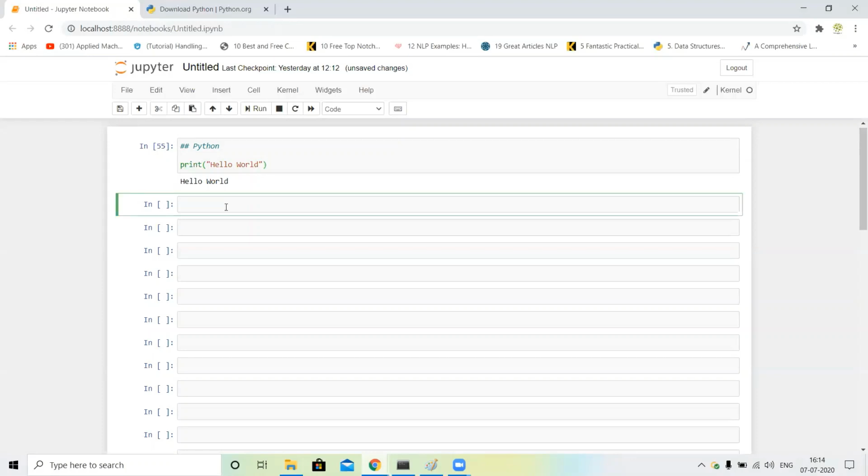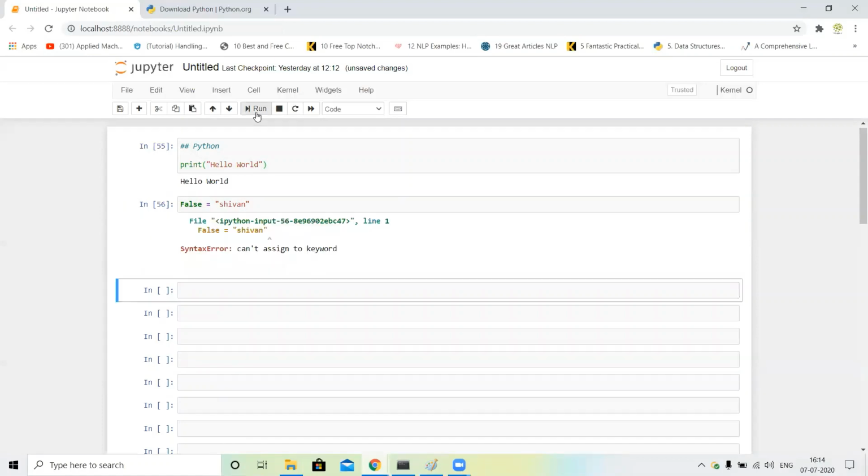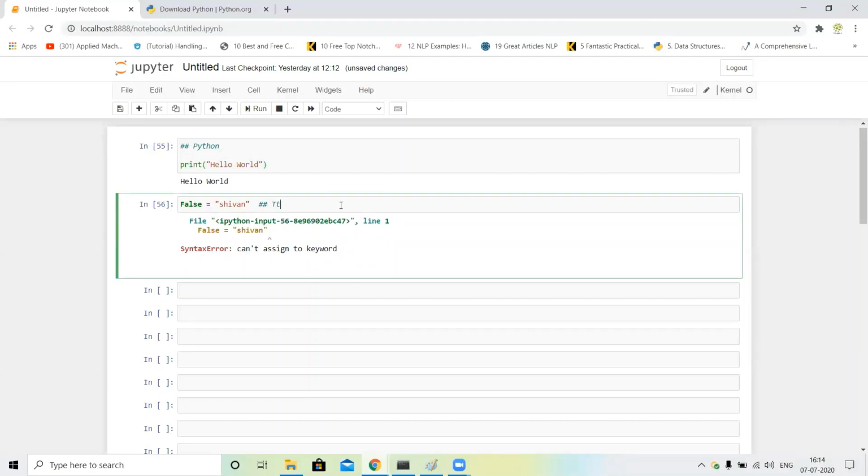For example, false is a keyword, but when assigned as a variable, like false is equal to 7, you just click on the run button. You can see it's an error. What error? Syntax error: cannot assign to keyword. So we cannot assign a keyword as a variable. And there are a total of 33 keywords, guys. I just write in a comment: total 33 keywords.